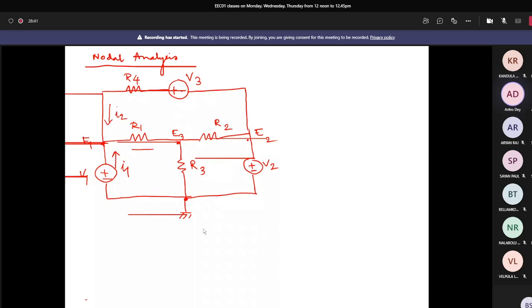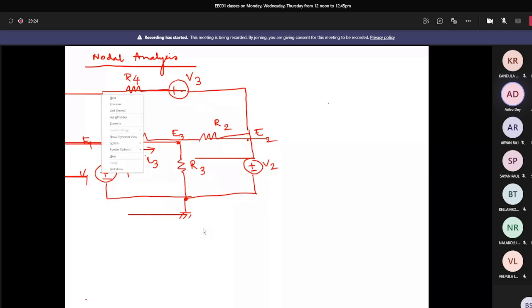Can you repeat what a node is? Nodes actually are the convergent points where all the branches of a circuit meet. Maybe it contains circuit elements or a voltage source. So take the example of E2. E2 is joining these two sources V3 and V2 and R2 resistance, like this. And then here at E3, all three resistors are joined, but we cannot take this corner point, just like in between R2 and R5, as a node.